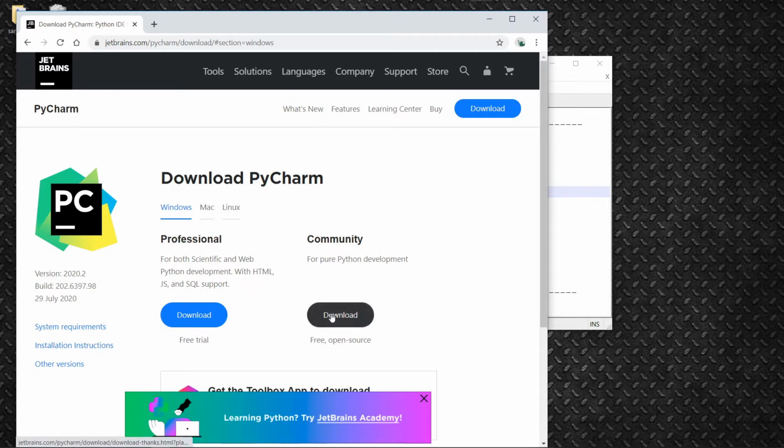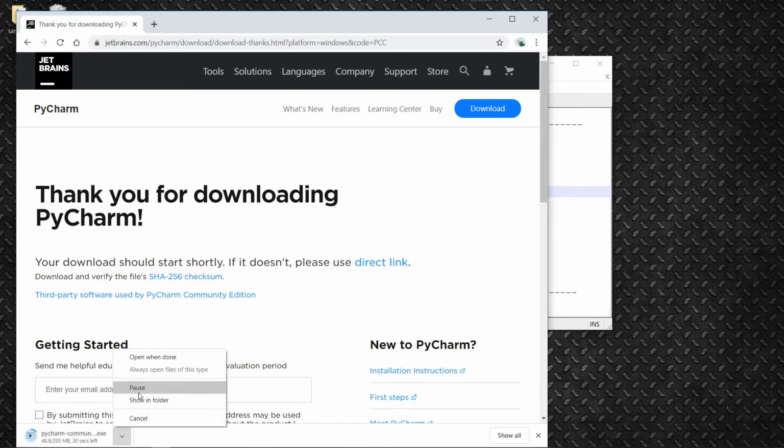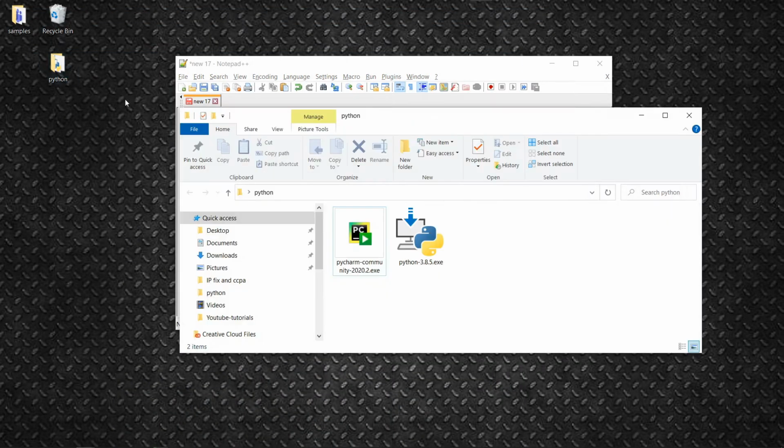So we'll click on download. I have already downloaded this file, so for the time being I'm just closing this window. So I have already downloaded both the files.